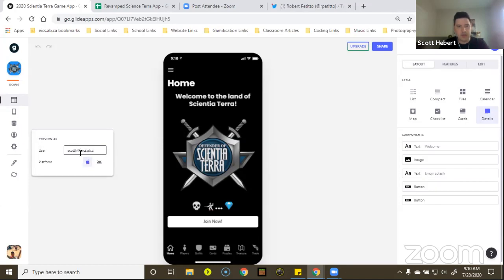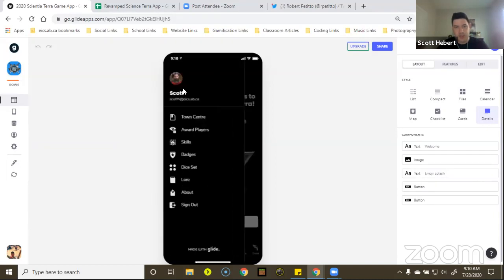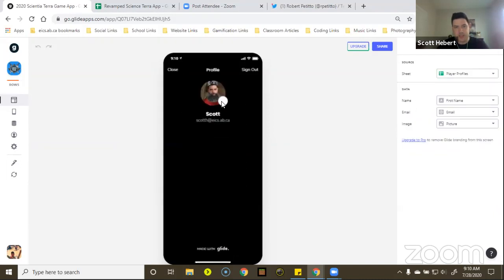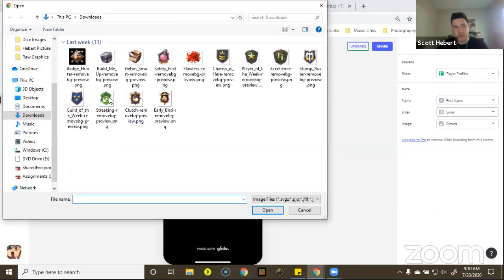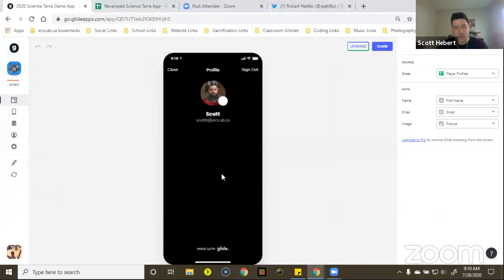So I'll just do that. And then it'll actually pull your name from the spreadsheet, and then the app's now a little bit customizable. And it says, hey, welcome, you, here you are. And what you do from there is you can click on this little hamburger menu, and you click up here, and you can actually upload your own profile photo. And then it'll give you your name, your email.